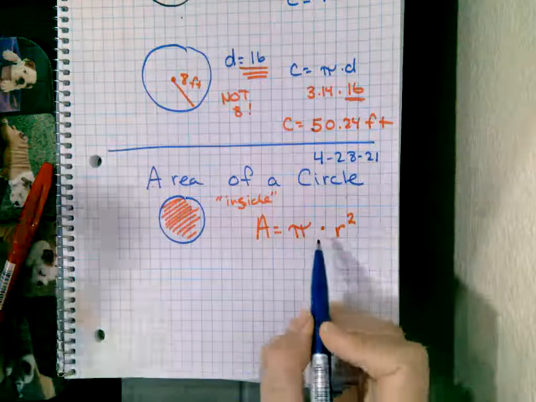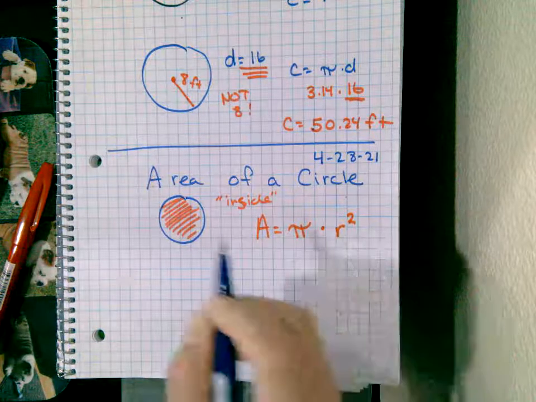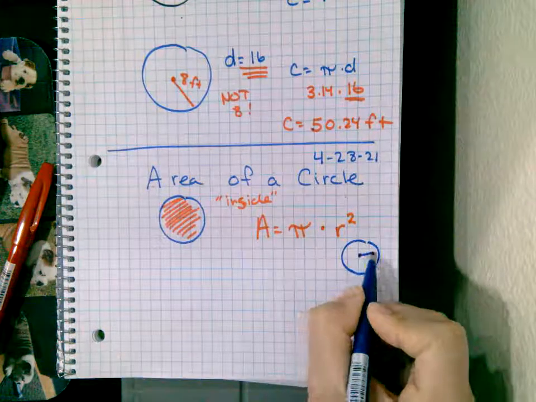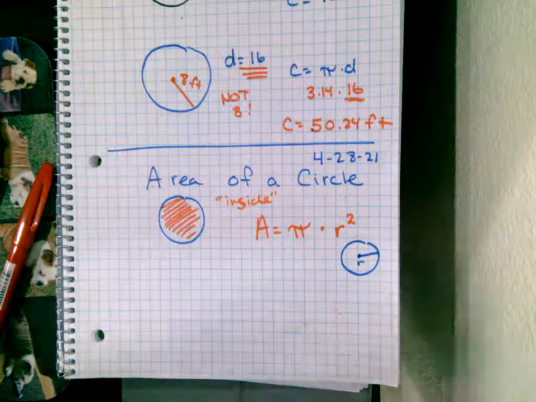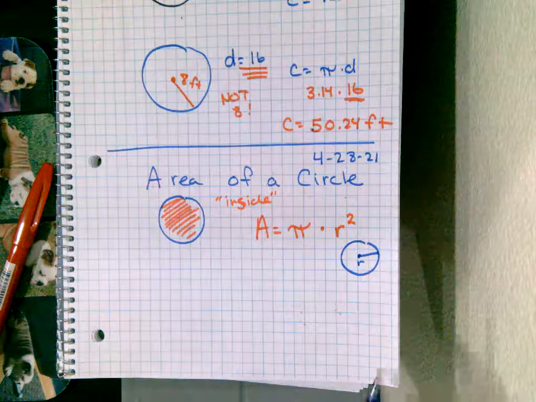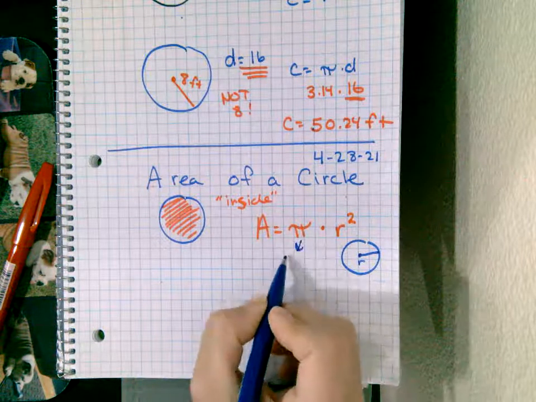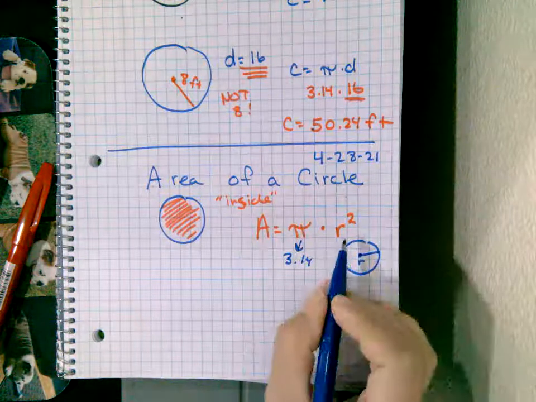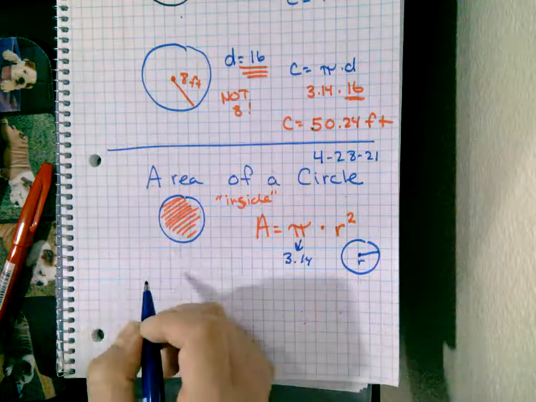So for the area, you're going to need the radius. The radius is when it's like half the line. That is the radius. Okay, that's what we're going to use. When it's the whole line, you're going to cut it in half. But the radius is half, okay? And you know what pi is. Pi is 3.14, always. Okay, now when we talk about radius squared, that means, just a reminder,